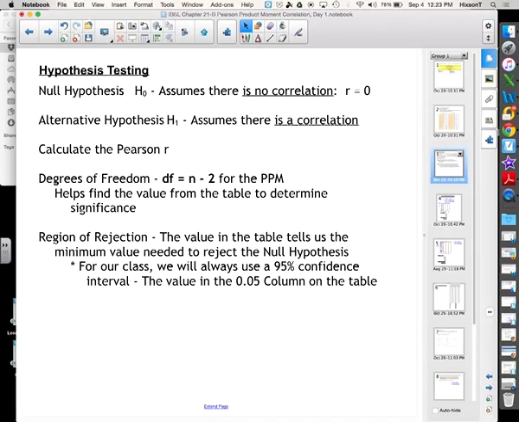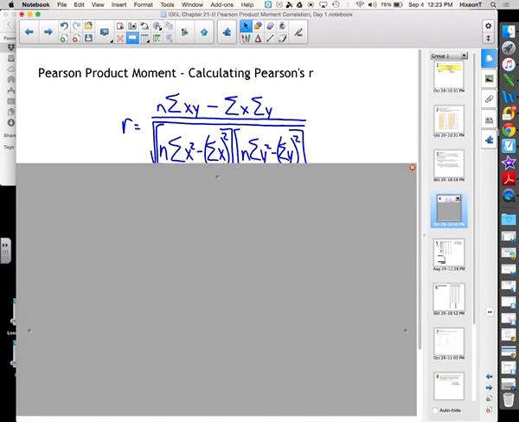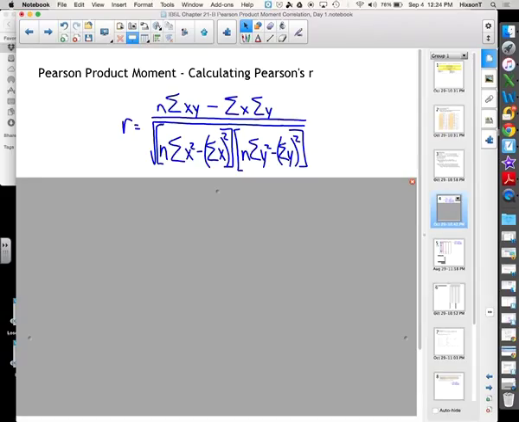Now, let's look at the formula we're going to deal with and break it down, because it looks rather complicated, but it's not nearly as complicated as it looks. One thing I will tell you though is that for the IB exam, if you look on the formula sheet,